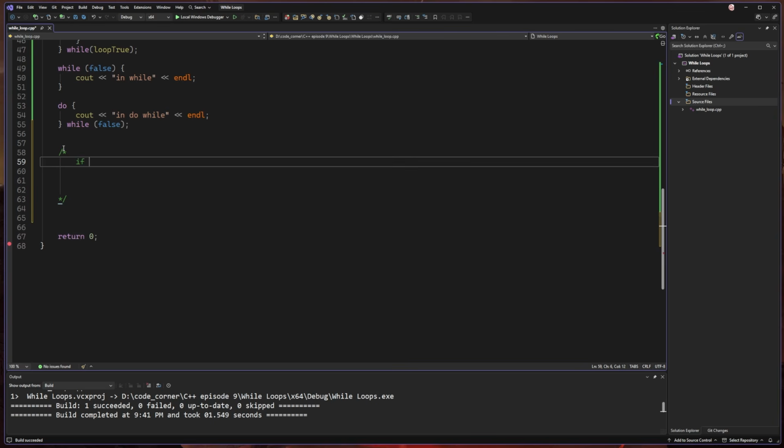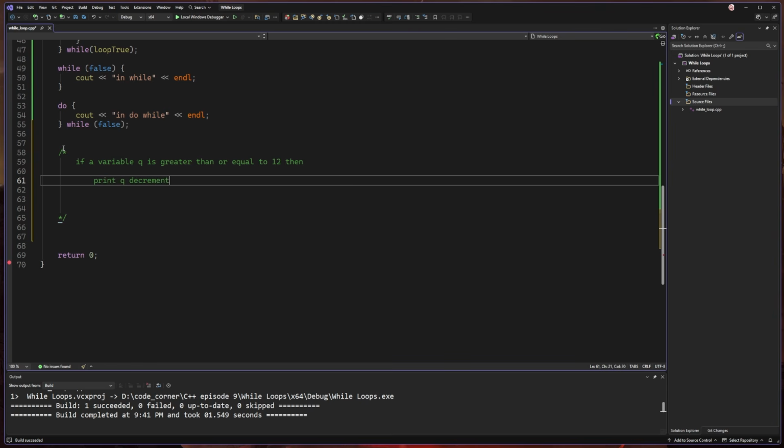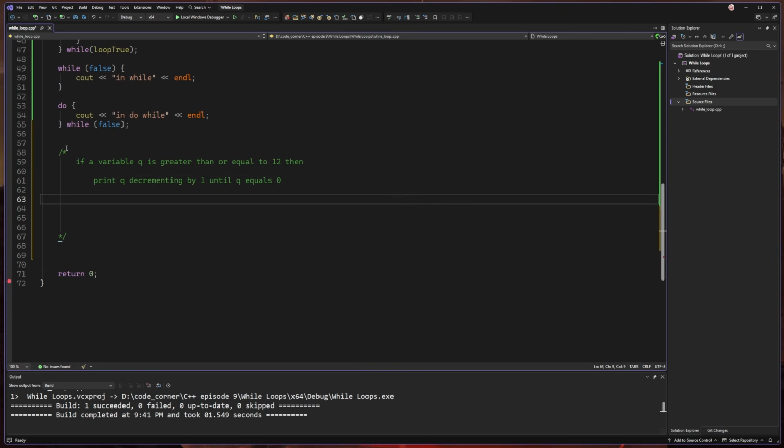So we're going to first say, if a variable, call it q, is greater than or equal to 12, then print q decrementing by 1 until q equals 0. Otherwise,